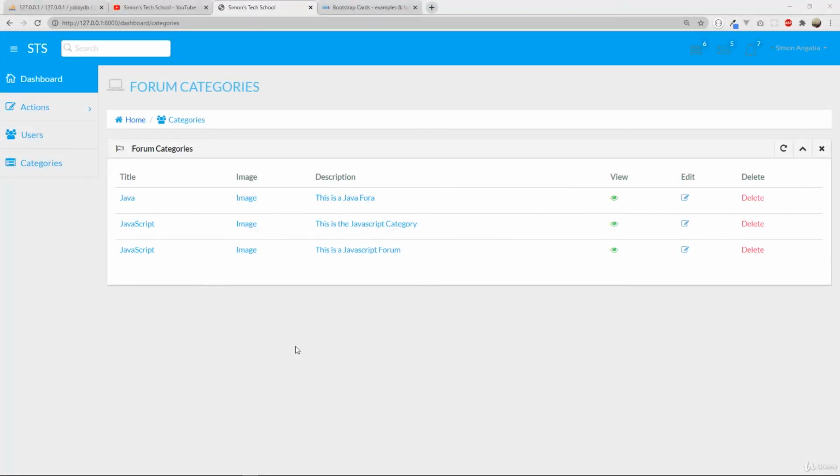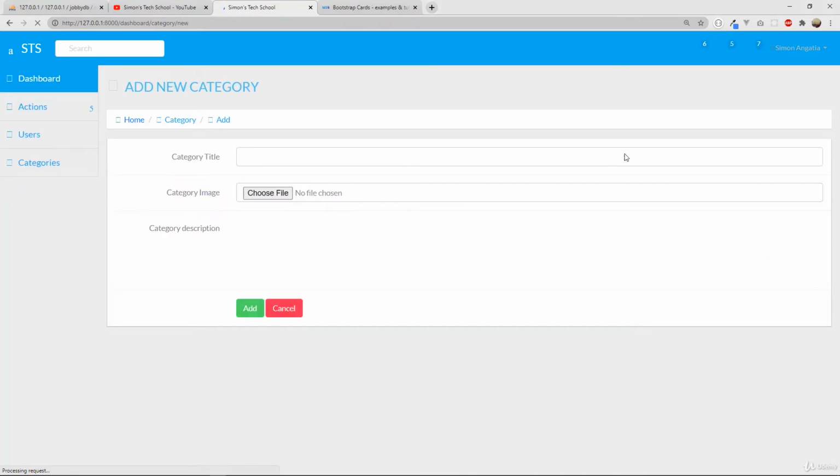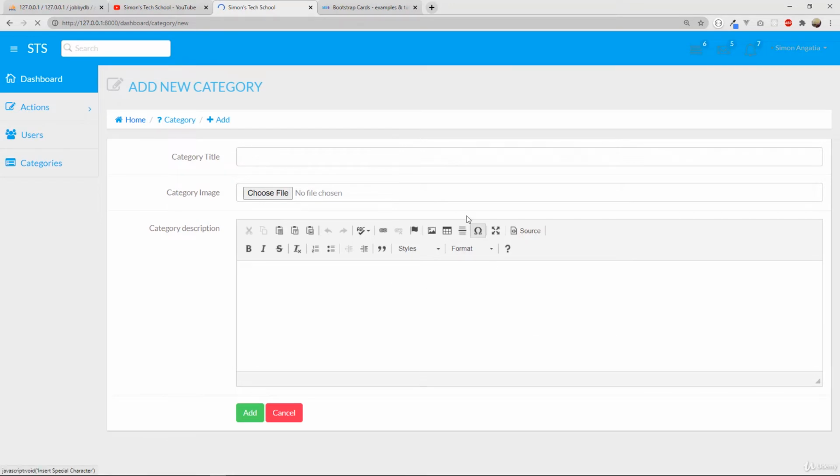Welcome back again to this course, and thank you if you've reached here. You have come so far. Now, in the last section, we were able to create categories. We are able to read categories, and now we are also able to display categories. So, for example, here we have the create category, where it opens the create category form, and then here we have all the list of categories,